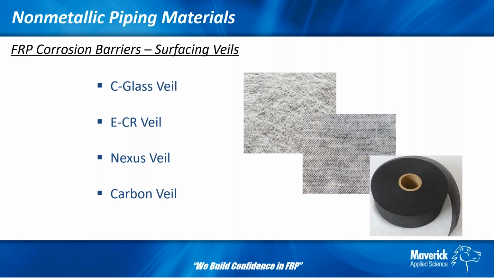Generally, what we find is that for acid service, C glass is the best option. A few years back ECR came in. It's really been out for probably over 20 years, but it has come into mainstream use in the last 10. ECR veils are also a good option. Looking at the data provided by the glass companies, we find that C glass still has better resistance than ECR, although ECR is acceptable for those applications. And then we see Nexus veils typically used for base chemistries,